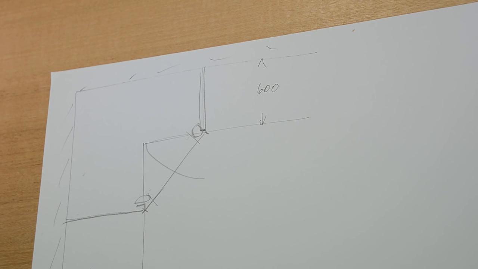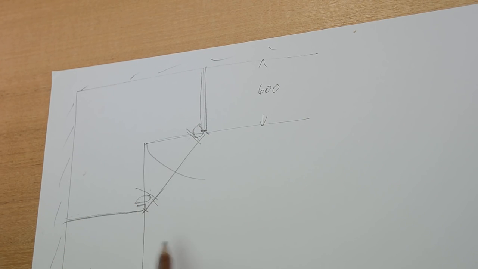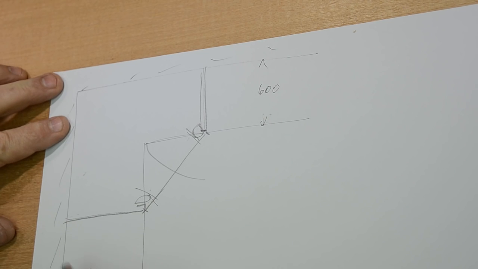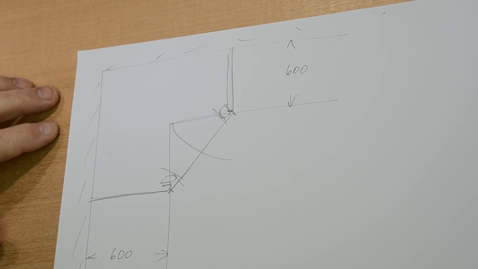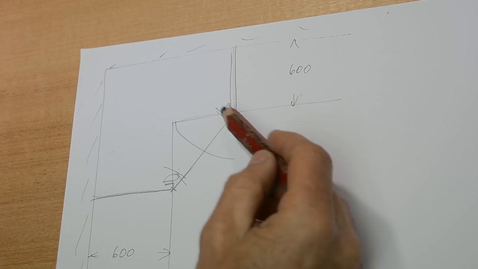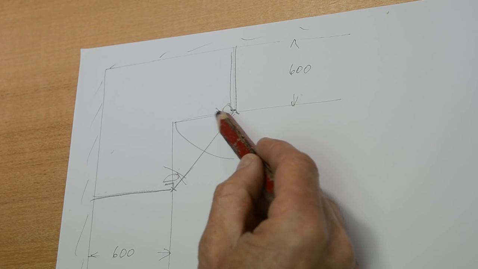Okay, with the geometry of any corner, there's a few things to keep in mind. I've done a rough sketch here to speed things up from what I prepared earlier. The important geometry you have to deal with a corner is how you get access to a space. Now, I proposed a bench top, say 600mm here and 600mm the other side. You can see that very well. Okay, there's 600mm both ways. If you imagine your body, as in your shoulders, as a critical thing, needing clearance to get into that corner,